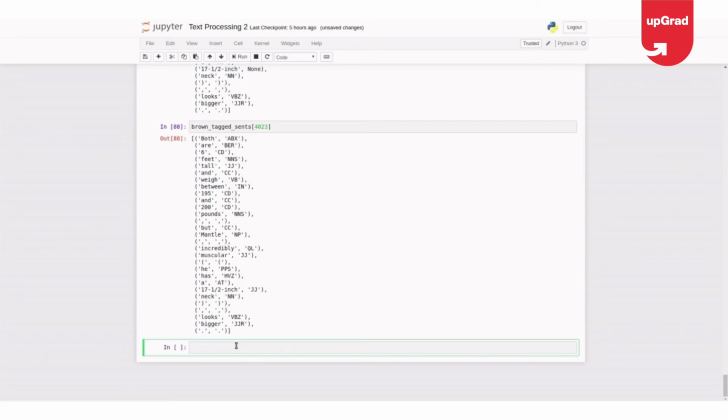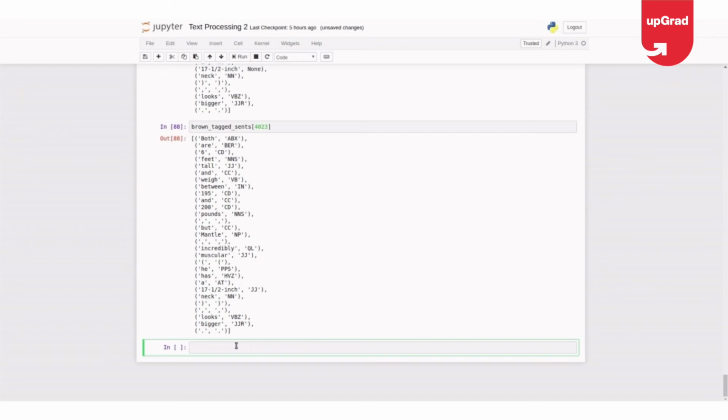If I give South Africa, which is actually a place and it's two words, my unigram tagger can't understand the difference between South Africa and South, Africa separately. So let me build something called a bigram tagger and train on that.